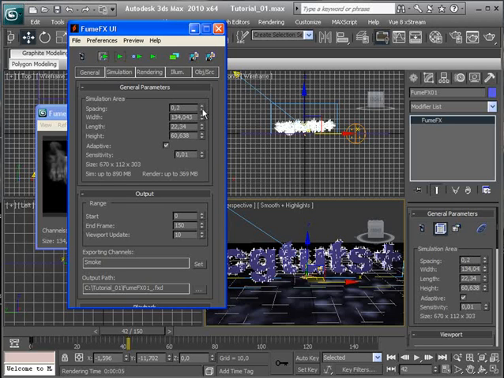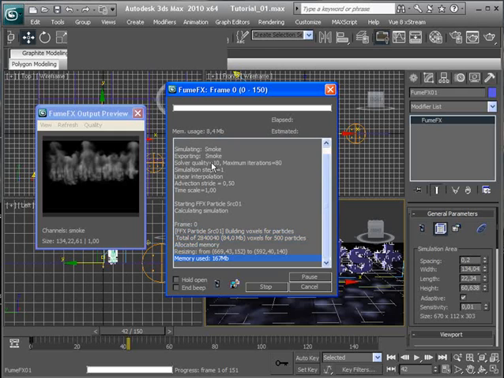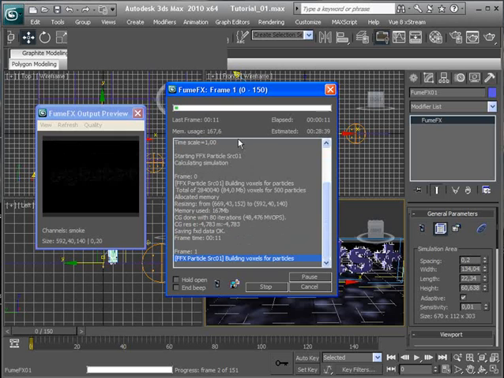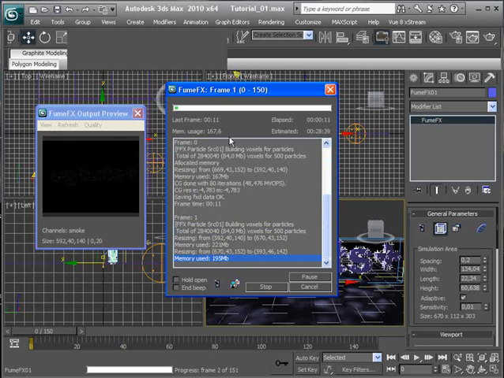And the lower the value of the spacing, the longer the render time will be. Let's say if I set it to 0.2 and I press simulate, you'll see that it's simulating one frame for quite a lot of time,